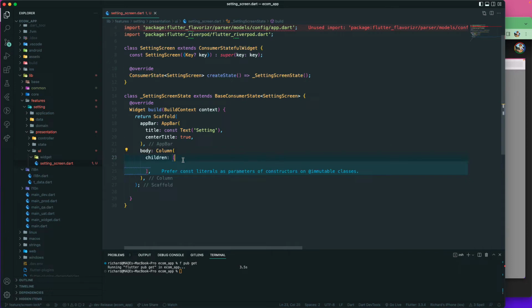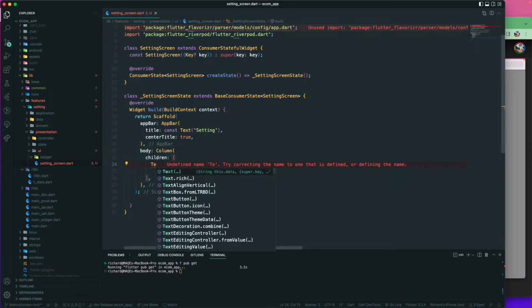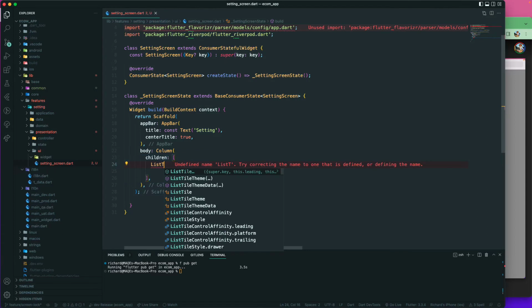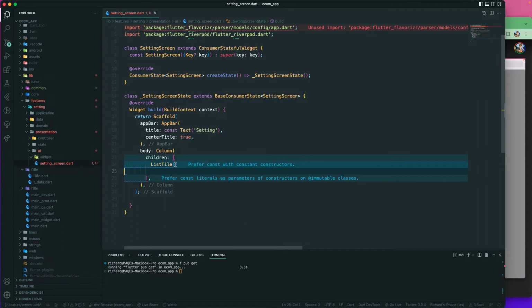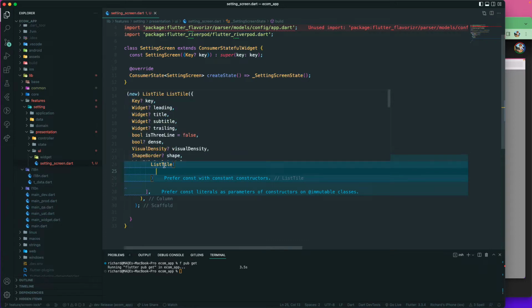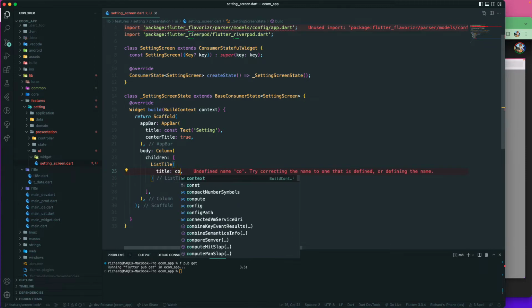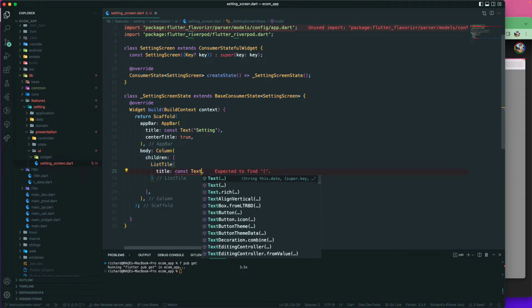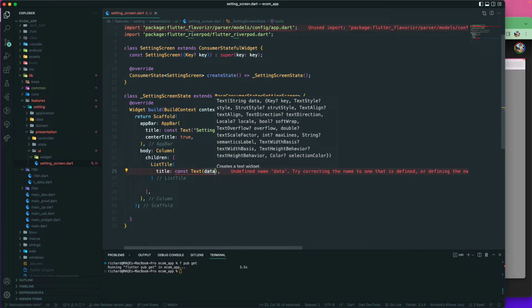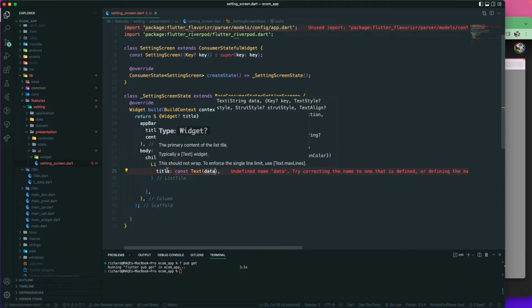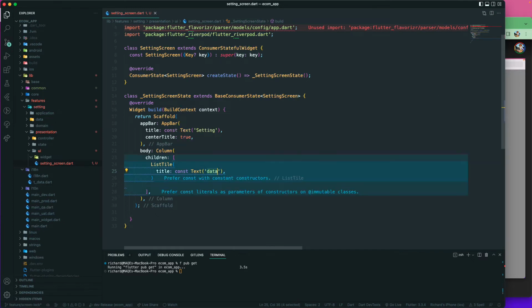In the children, we'll add a ListTile over here. With this ListTile, we will add some information like the title, subtitle, and the trailing widget. So let's add the title, which takes a const Text. Does it require a widget? Yeah, it requires a widget. So let's pass in the information, like